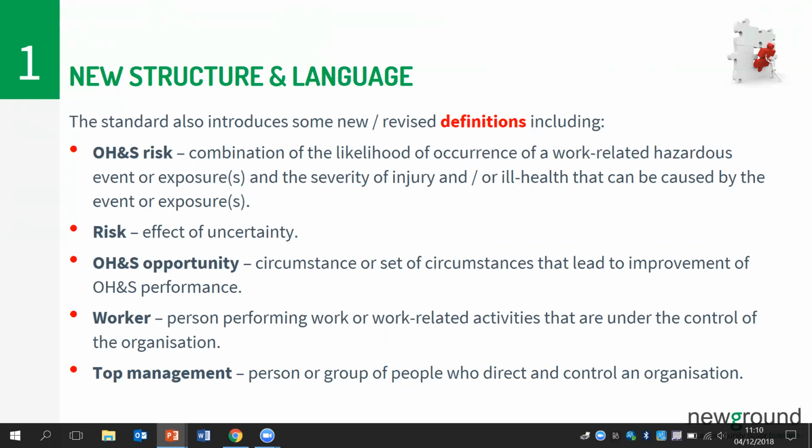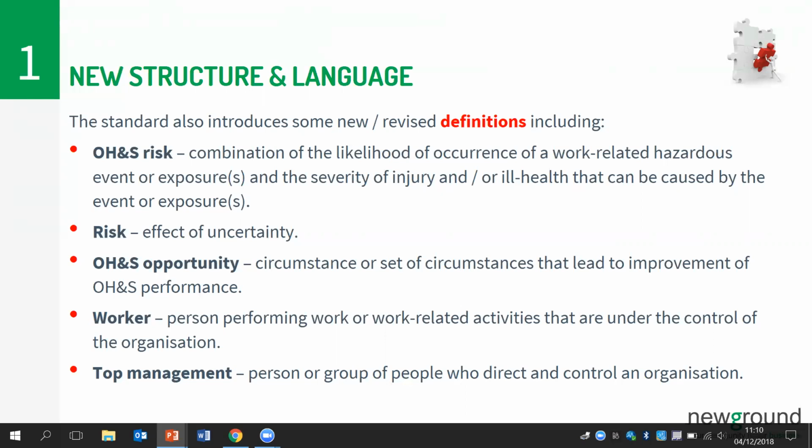So the previous definition of risk in 18001 has been renamed to occupational health and safety risk. And this is what you would typically understand in the safety world to be likelihood times severity. But it's important to point out that this is now termed as occupational health and safety risk and is different to a separate definition of risk,